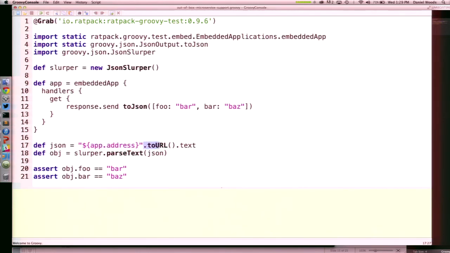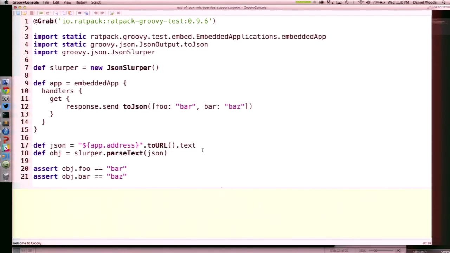And what I'm doing here is I'm able to get a handle on the address very easily. This address is really just an HTTP string. I'm translating that into a URL, and then in Groovy, when you have a URL, you can just say .text, and it'll do all of the work behind the scenes to perform that call for you, and out of that we'll get the JSON, right? And then we can use the JSON slurper, again, the world's fastest JSON parser, to turn that into a map for us, and we can make some assertions about that data.